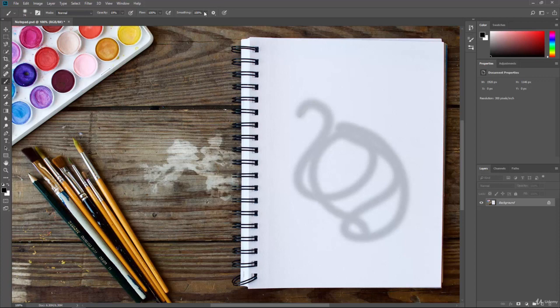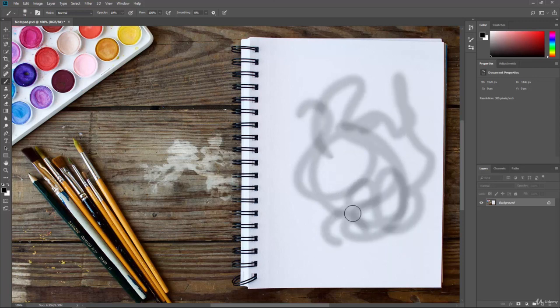They're not very rigid. If I turn that all the way down, you can see that it just goes a lot faster, and the strokes are a little more rigid than they were before. So let's go ahead and change that back to 10%. And then we also have some settings that we can add on here. We'll talk about all this a little later on. And then finally, the ability to use pressure for size whenever you're using your Wacom tablet. So these are all based on the tablet, which we'll cover a little more in the advanced lessons